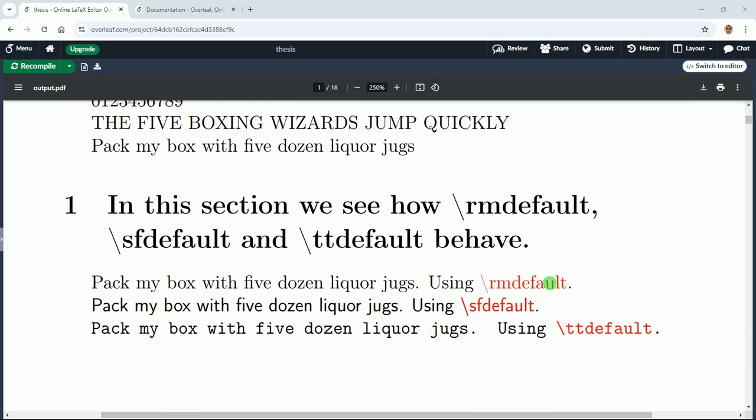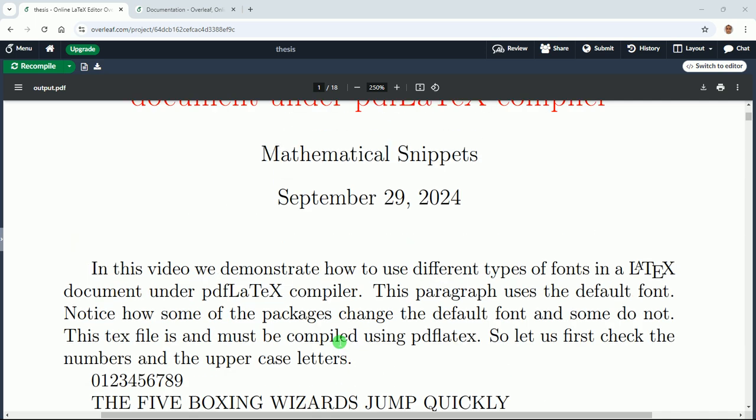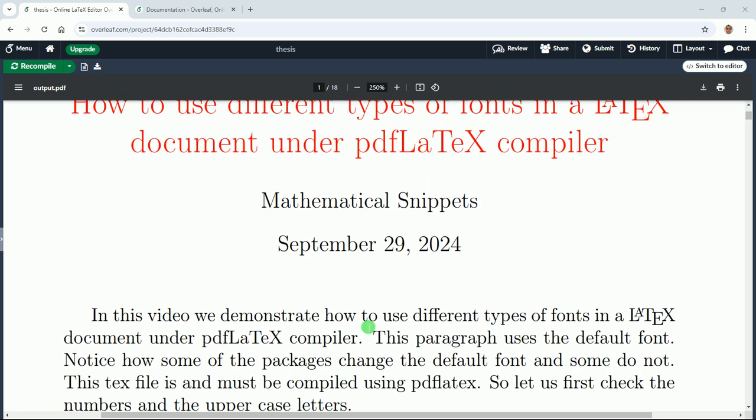And in this particular section we have written three sentences using the rmdefault command, sfdefault command and ttdefault command, and these lines also will change in case of some font packages, and in case of some font packages nothing will change. So let us first see